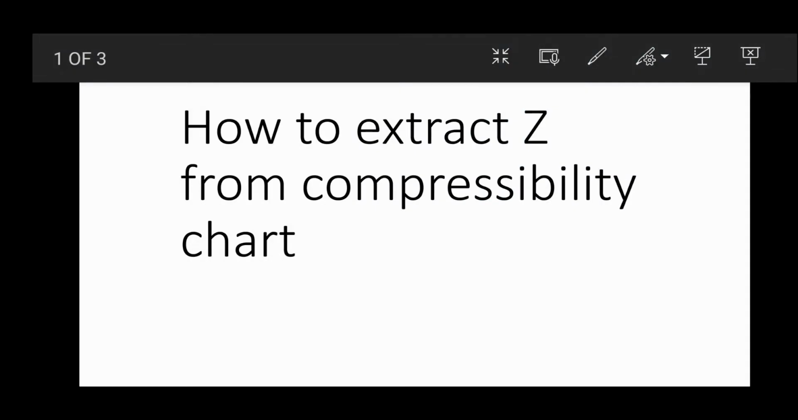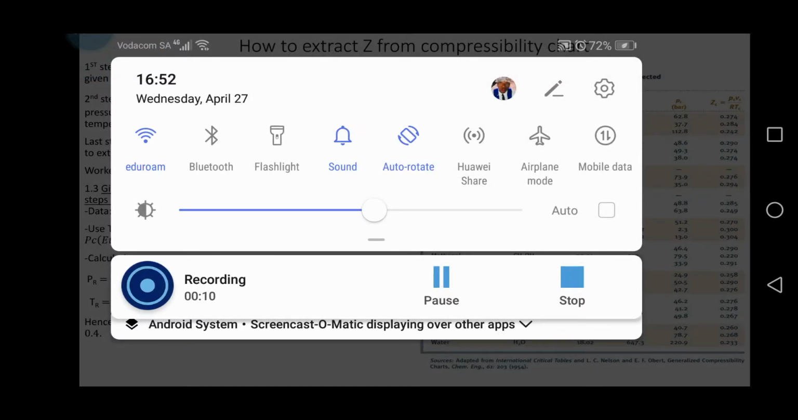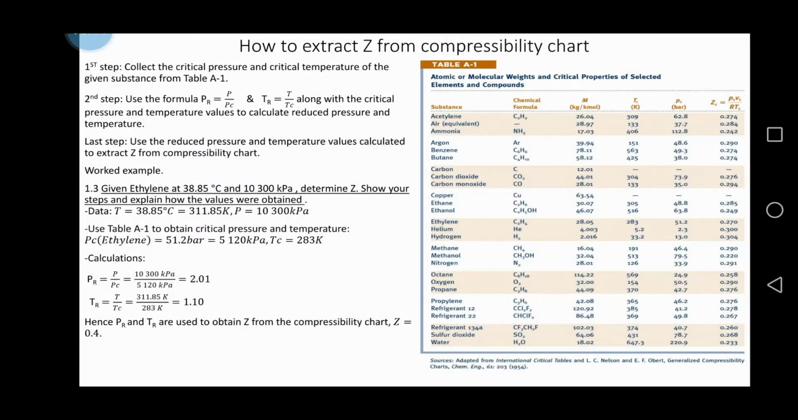Good day. I'm going to explain how to extract Z, which is a compressibility factor, from compressibility chart. Explaining in 3 steps of really how to find Z. First step, calculate critical pressure and critical temperature of the given substance from table A1, which is on our right hand side of the page. Second step, you're going to use the formula for reduced pressure and temperature to calculate the reduced pressure and temperature. And then the last step, you're going to use those calculated reduced pressure and temperature values to extract Z from